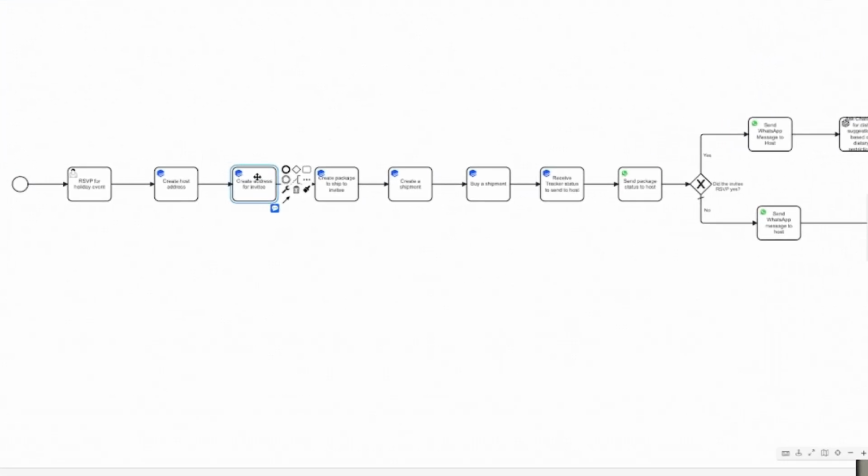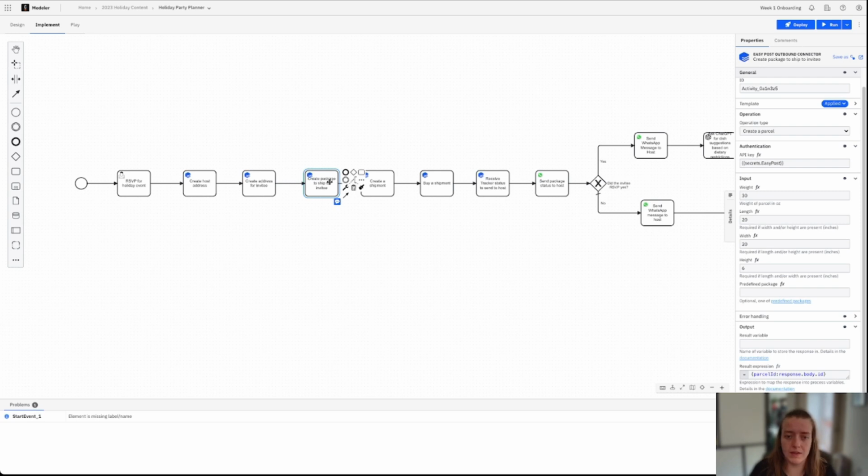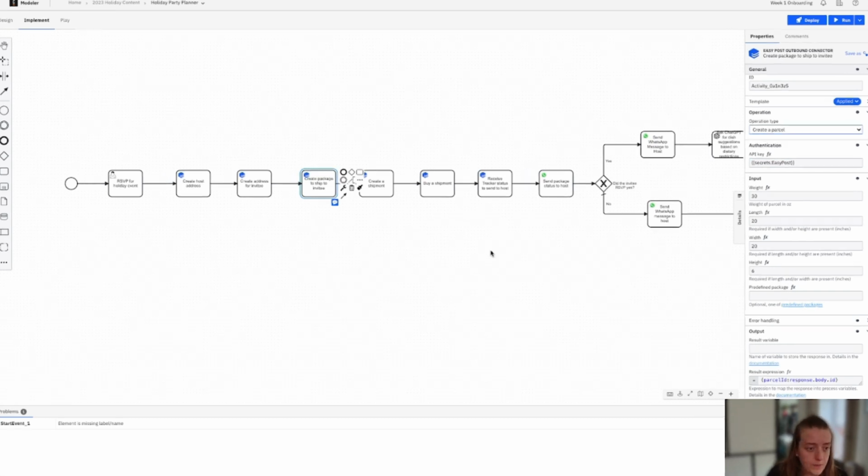After creating both of the addresses here, I need to actually create the package in EasyPost. So what that means is, the height, weight, and the size of the box, so then the package can be shipped really easily when I take it into my local post office or wherever I'm shipping it. I already know the weight, length, width, and height of the box, so that's really easy to quickly input here, as well as my API key, and of course the operation type, which is going to look different for each one. This one is creating a parcel.